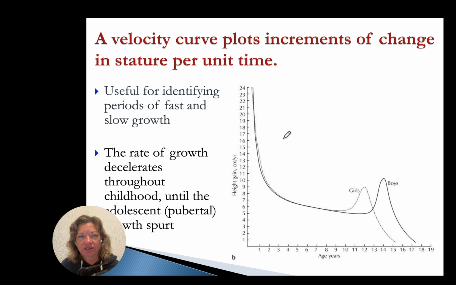When you look at a velocity curve, it's useful for identifying periods of fast and slow growth. What's interesting is this: we all know we're growing in childhood, but the rate of growth is actually getting slower and slower and slower. And that reverses at puberty for the adolescent growth spurt. You'll see a measurement called peak height velocity, or PHV, right at the peak of that adolescent growth spurt. It's about age 11 to 12 for girls and 13 to 15 on average for